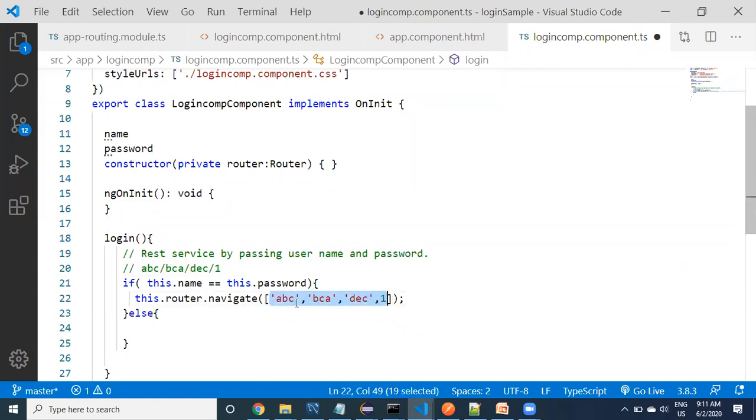Of course, now we have only one thing. We don't have any parameters or any divisions in the path. We have a simple thing: on every success we have to go to home, that's it. So we need to provide only